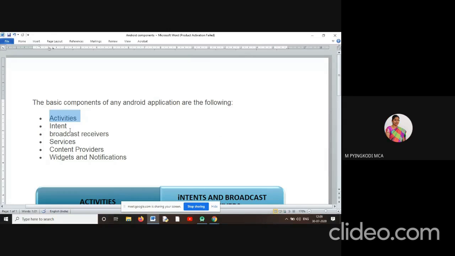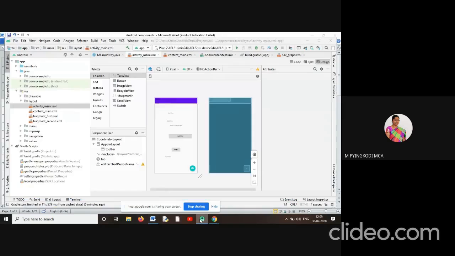Each and every activity can work independently. We can create n number of activities for a single application.